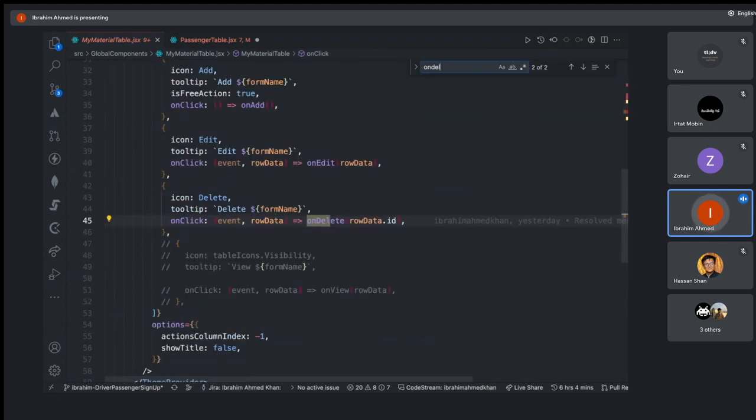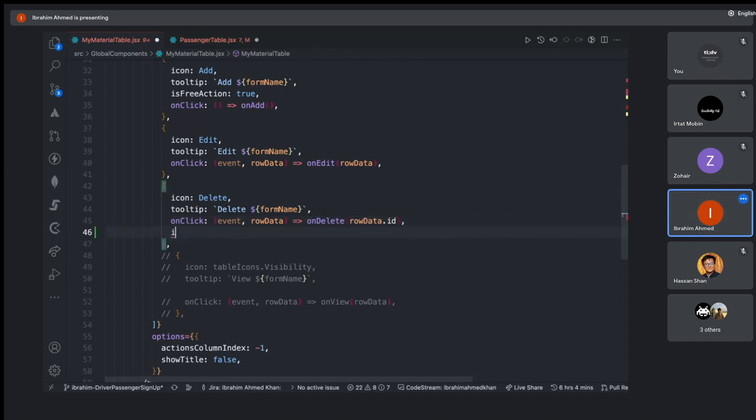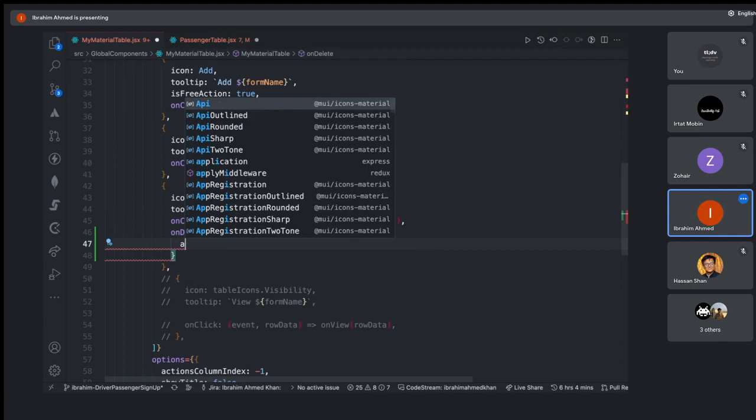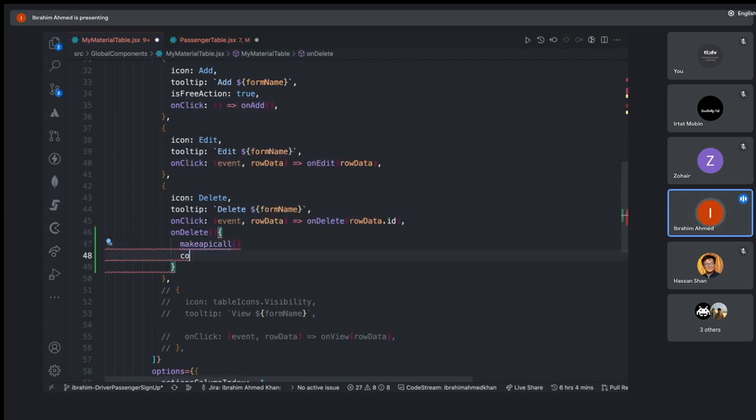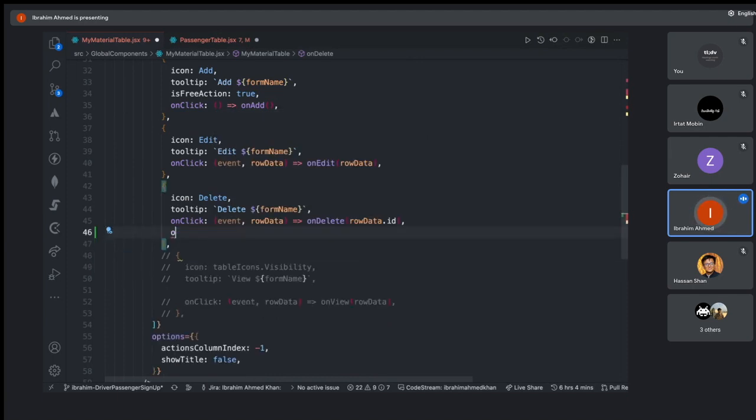The child, on its delete function, will actually run the parent function. So if for example your code arrives here, your child will not just run on delete, it's actually going to run on delete. It's going to make the API call, and then log it, console.log. The child is actually going to run the whole thing over here. So this is a very beautiful part of JavaScript actually,